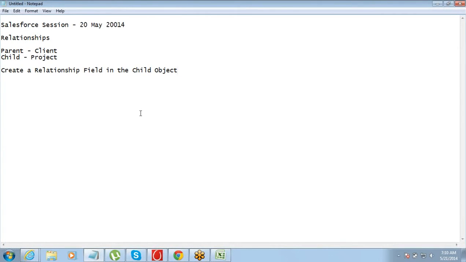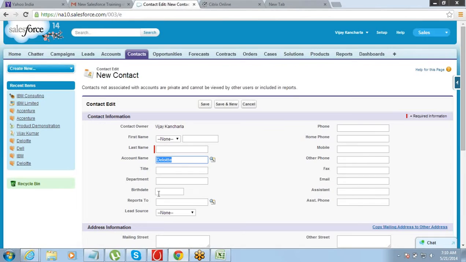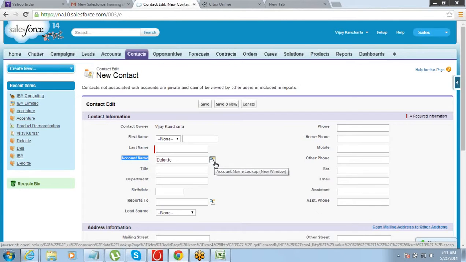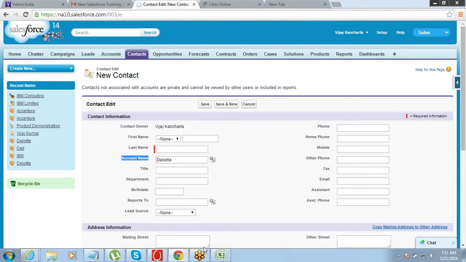Relationship field is again a field type. The way we had date, time, email, phone, URL, similarly, we have another field type which is called a relationship field type. You just need to go and create that. So the relationship is being established through a field. That is what we see here in account and contacts. On the contact, we have a field with the account name. This is a lookup kind of field. It will connect you to the other object.